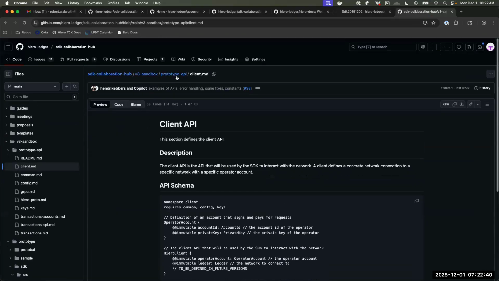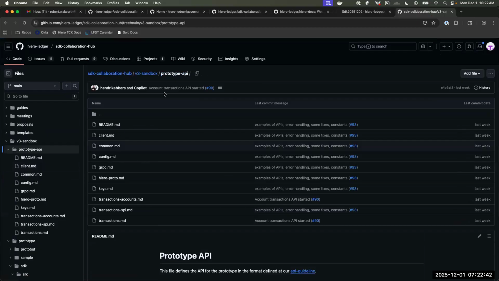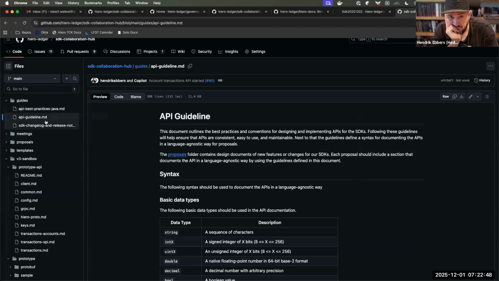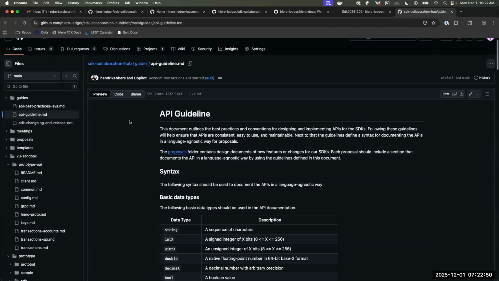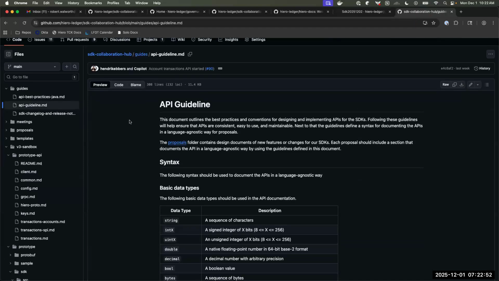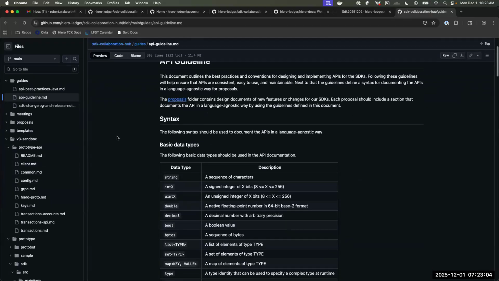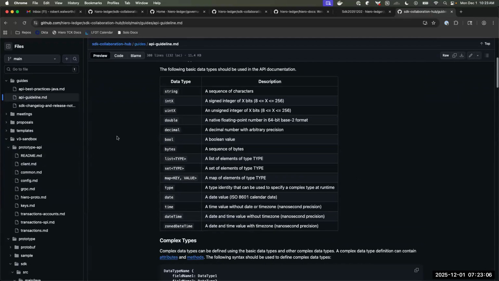And actually, I should say, we have this API guideline doc here, which defines a language-agnostic syntax that we use in our prototype markdown files to define the API. So it's pretty simple.